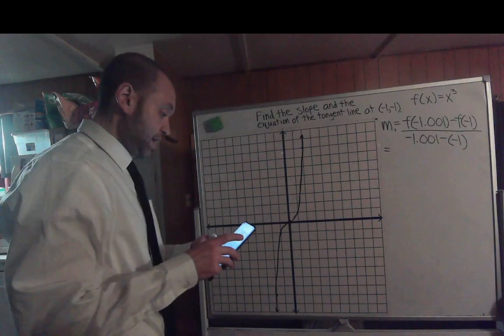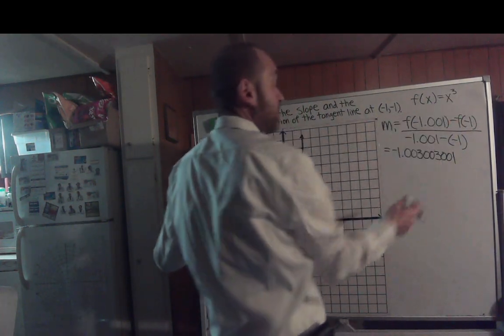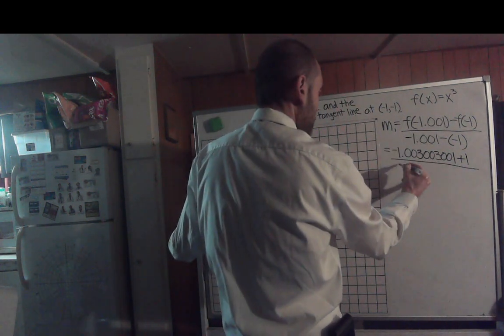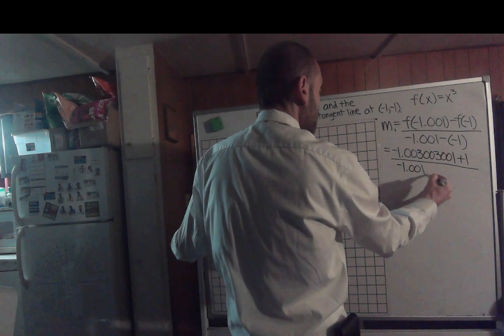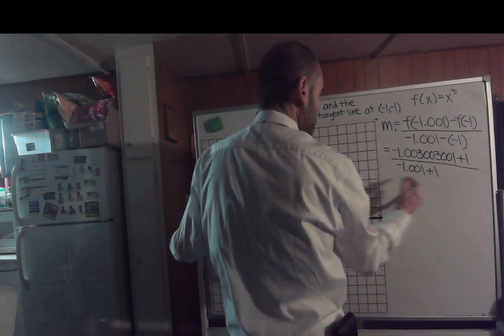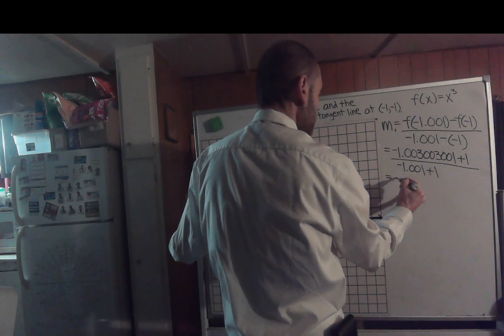-1.001 to the third power is -0.003300301. Then f of -1 is -1. Subtract -1, you're actually going to add 1. Divide that by -1.001 minus -1, that's plus 1. So this would simplify into